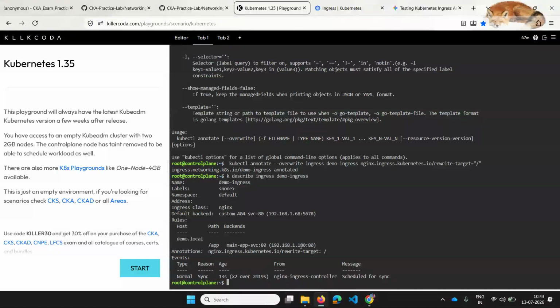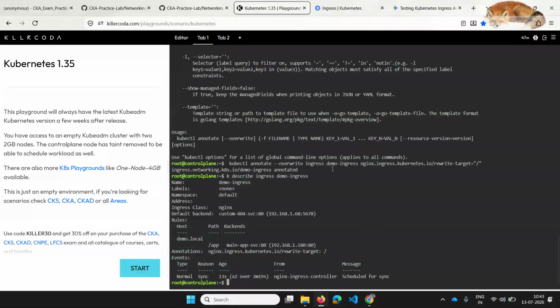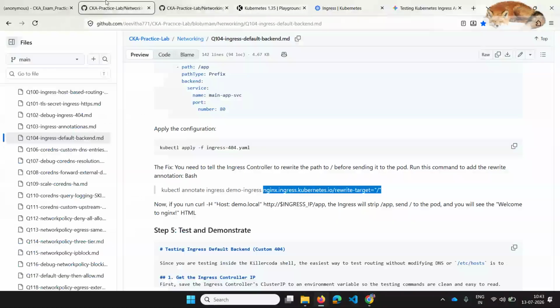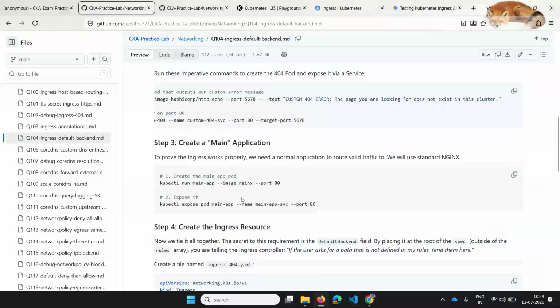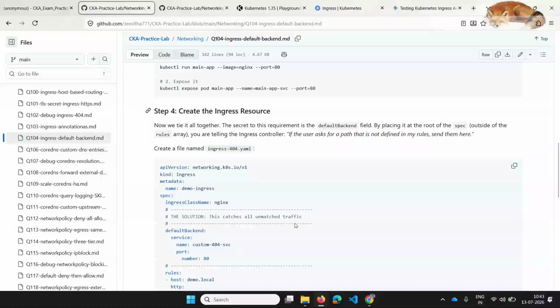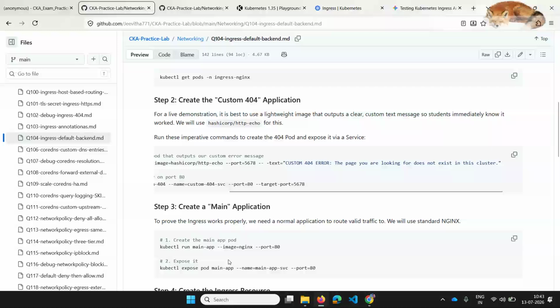So why are we using this annotation? Basically, inside the pod, the request goes to that main app pod, which we have earlier created. So this service is moving the request to this main app pod. But this main app pod doesn't know what slash app is. It only accepts slash.